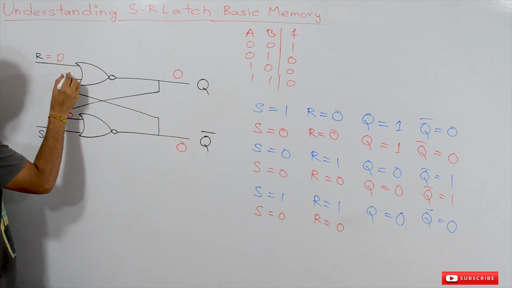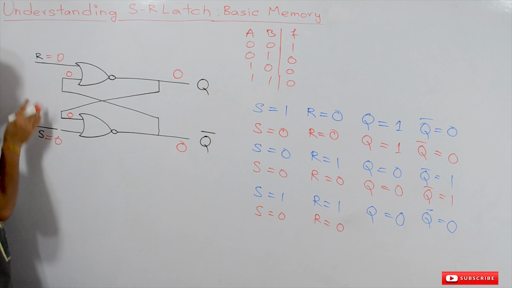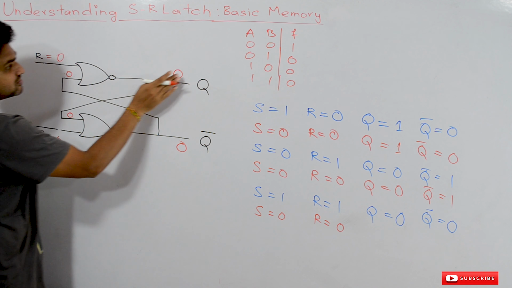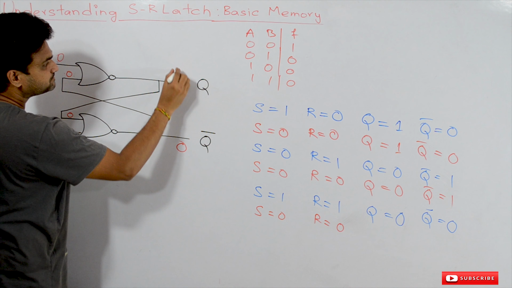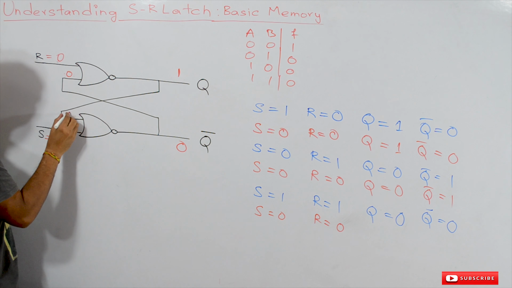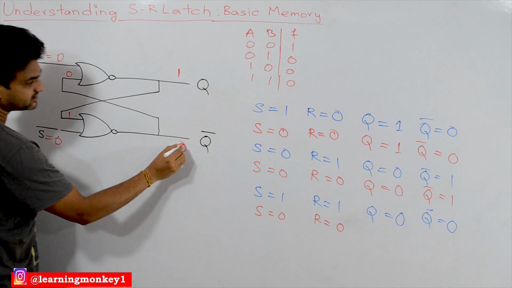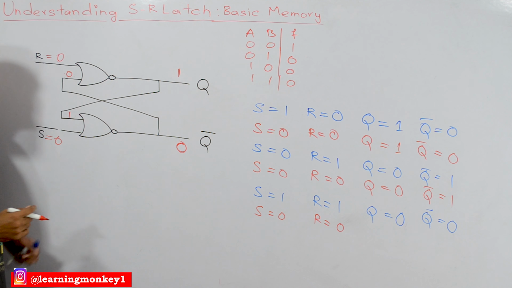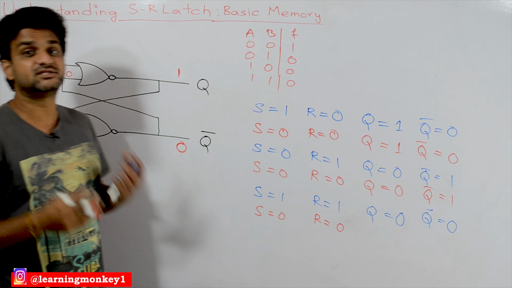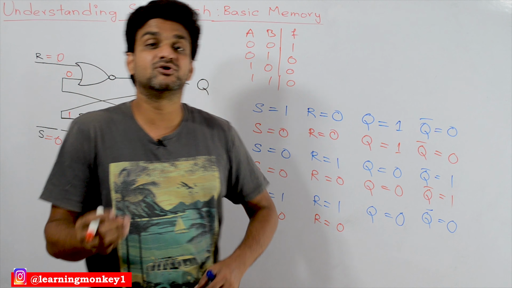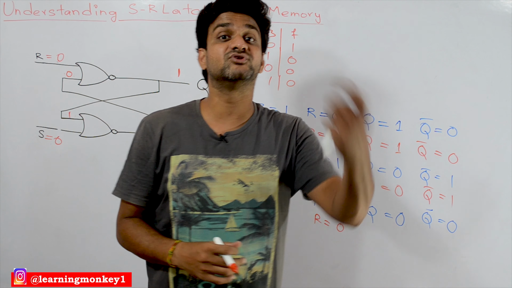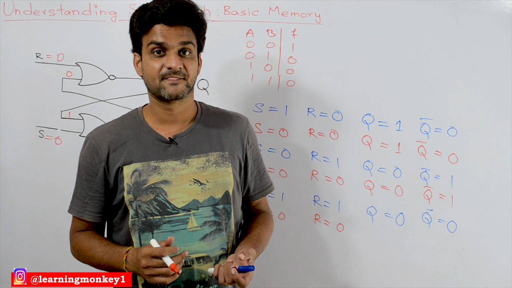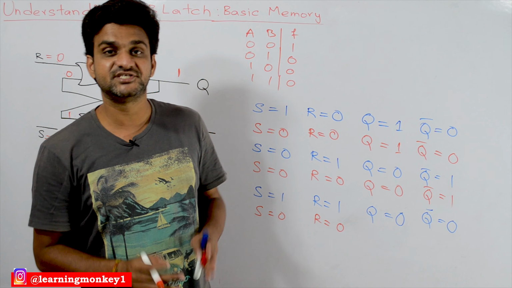So previously it was 0, now it has been changed to 0. Okay, so with S and R both 0, here it will become 1, and as and when we produce 1 here, 1 will get produced here, it will become 0. So based upon our consideration of the gates, the values of the outputs are changing. So is it an efficient circuit?